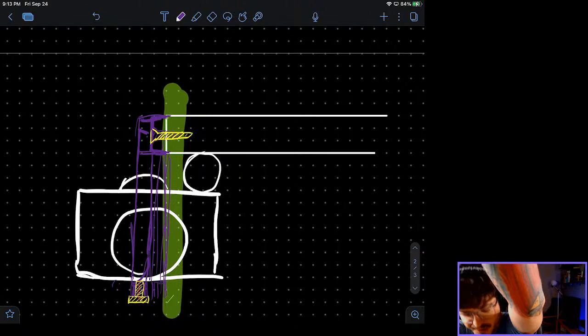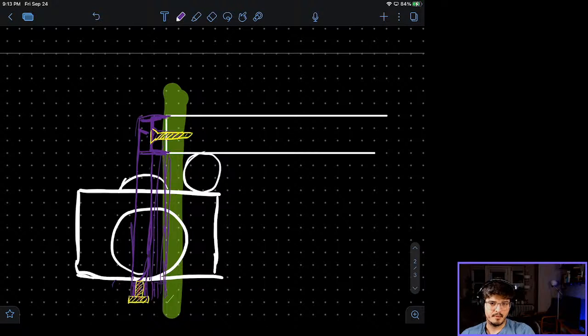But now my question is, how do I make sure that I can get this to rotate up and down? Because right now I'm fixing it right onto the shelf.